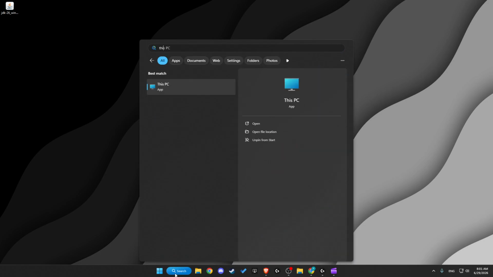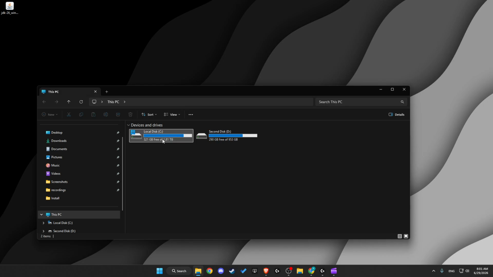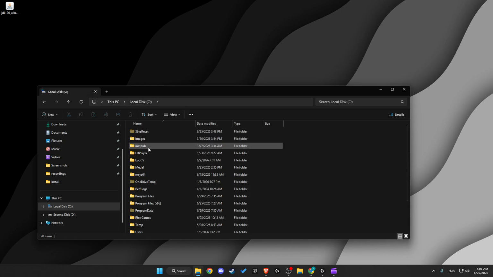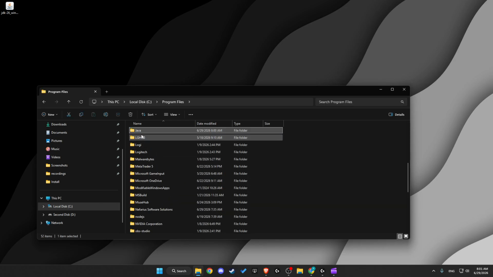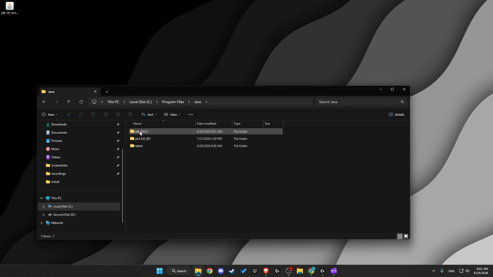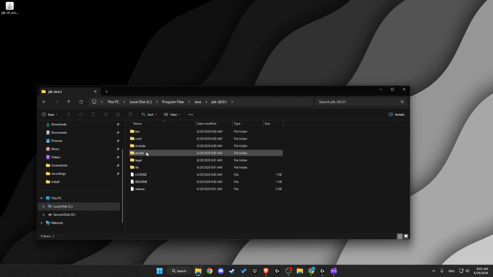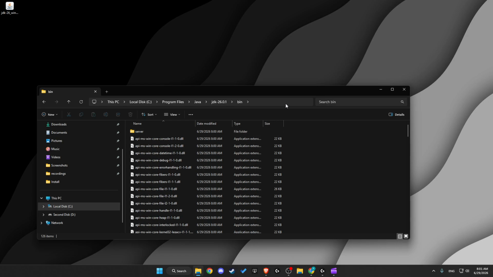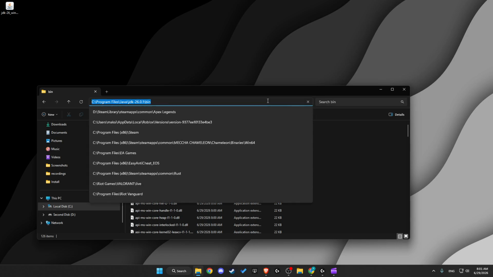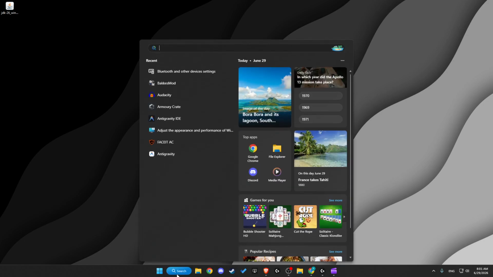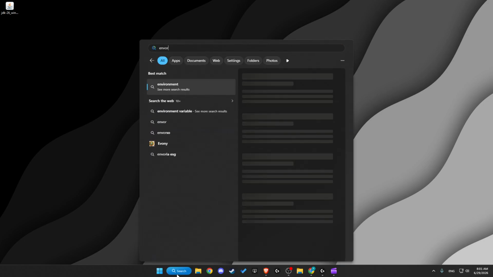Then open up your files. Usually it is on disk C, Program Files, and then you need to press on Java and look for JDK 26. Then go to the bin folder, and then you need to just click here and copy the path. Then on search, you just need to write environment